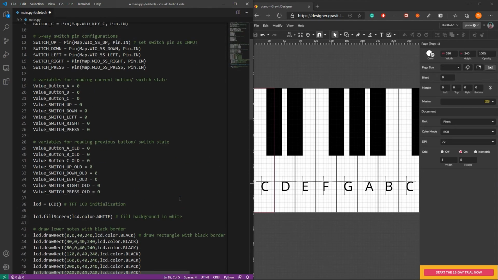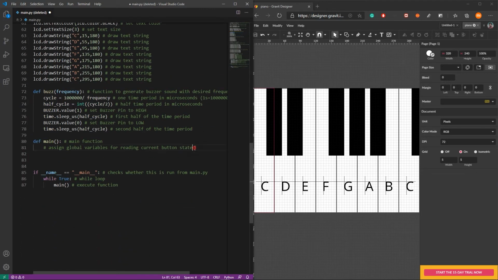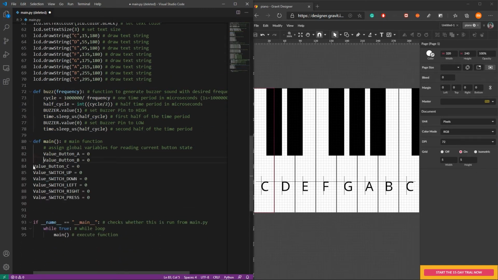So let's go back up here, copy this and paste it here, and delete this equal to 0. Make everything global.